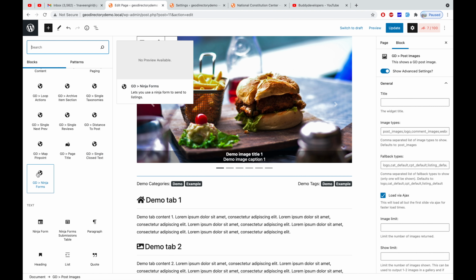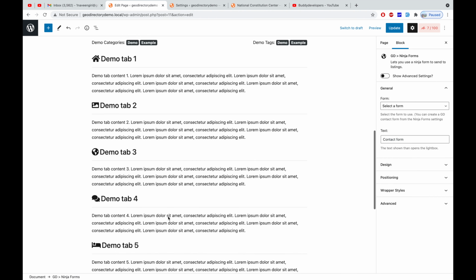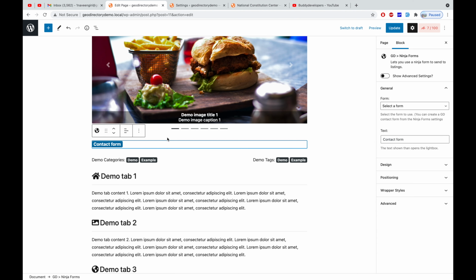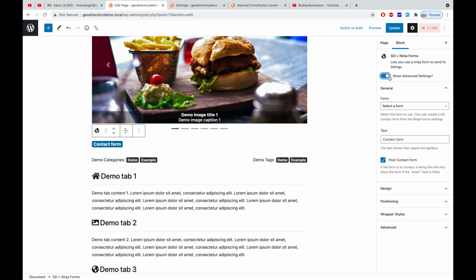GD Ninja form, as you maybe already know, GD is very much compatible with Ninja Forms. A Ninja form can be used for contacting a listing, for claiming a listing. So GeoDirectory has this block which will add an option to select which Ninja form you want to display there. So for example here you have different options, like which form you want. Okay, I want the contact me form,